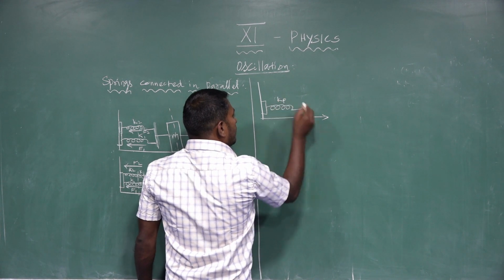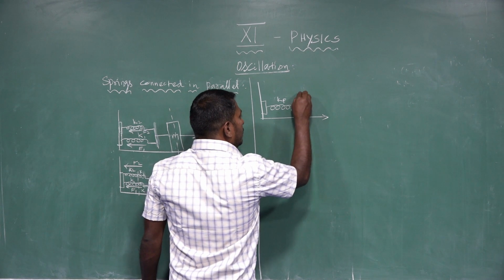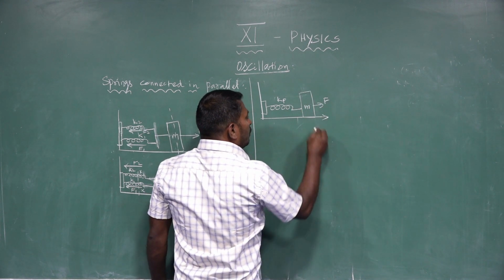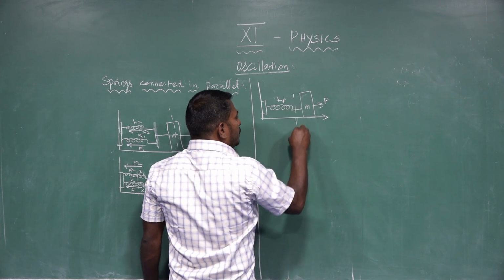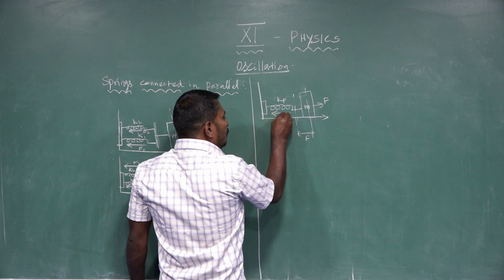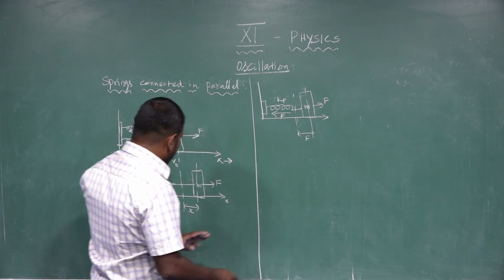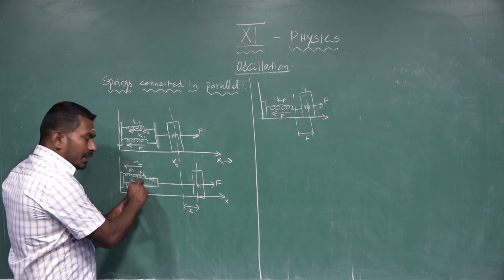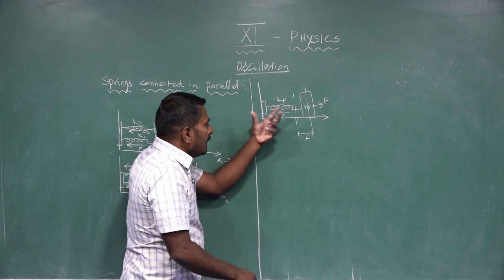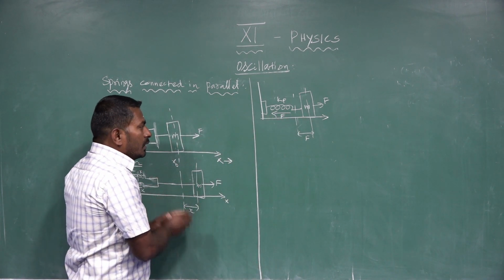So the spring of spring constant Kp, loaded with the mass M, on application of a force will displace through a distance x, and the restoring force is totally developed within that spring F, because if both springs connected in parallel are replaced by a single spring of spring constant Kp, it will create the same effect as this system. So therefore,